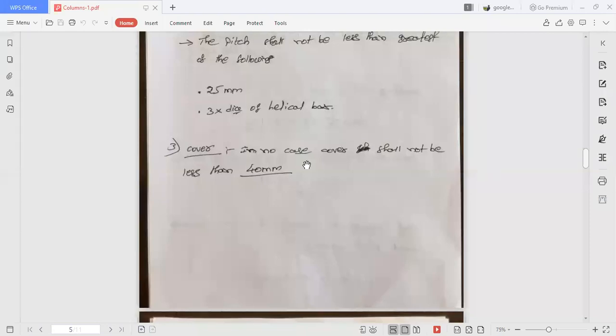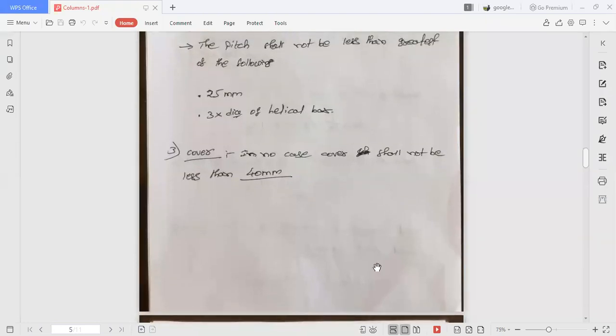But coming to columns, faces are subjected to direct atmospheric conditions. They will be situated outside the building. Some faces will be inside and some will be embedded in the wall, but one of the faces will be exposed to the atmosphere, right? That's why there is more chance of corrosion of the steel whenever it is subjected to direct attack. That's why the cover will be somewhat higher. For this case, the cover is 40 mm.